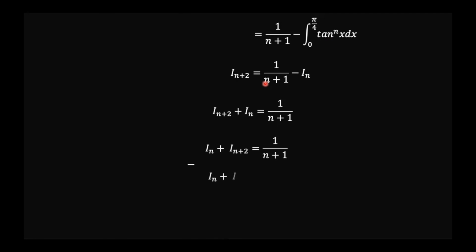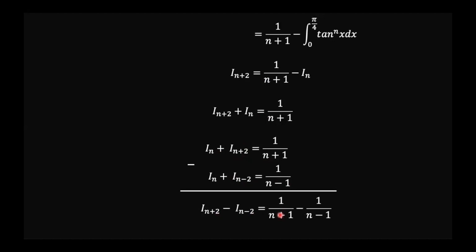So if we then play around and add these two relationships, or subtract the relationship we obtained previously, where I_n + I_{n-2} is equal to 1 over n minus 1, from this relationship for I_{n+2}, we get that I_{n+2} minus I_{n-2} is equal to 1 over n plus 1 minus 1 over n minus 1. Okay, and now if we apply the limits and multiply by n,